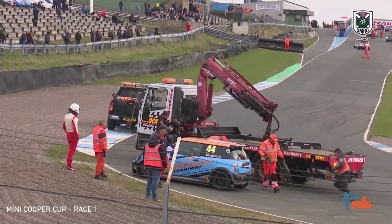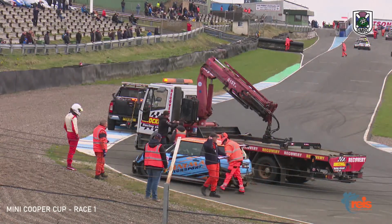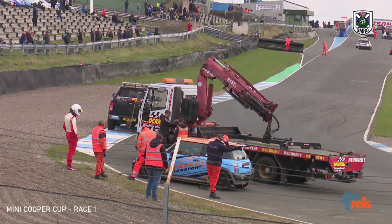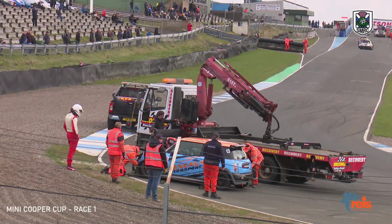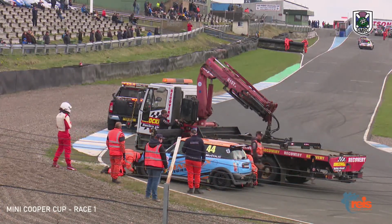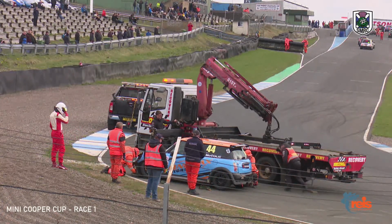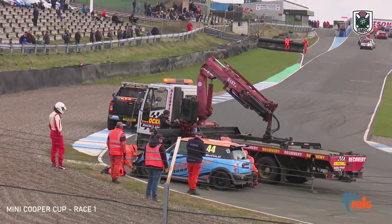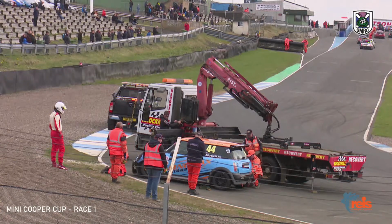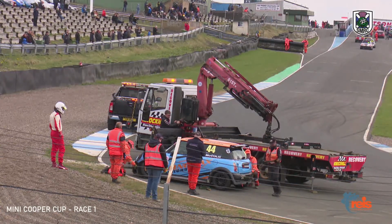And again, a guest driver here in the Mini Cooper Cup Championship with that Minimax Motorsport outfit. So the team there, incredibly adept. If there was ever any team you want to be with, if anything is going to go wrong, it's going to be Minimax. They know their stuff, so I'm pretty sure that car will be fixed and out for the